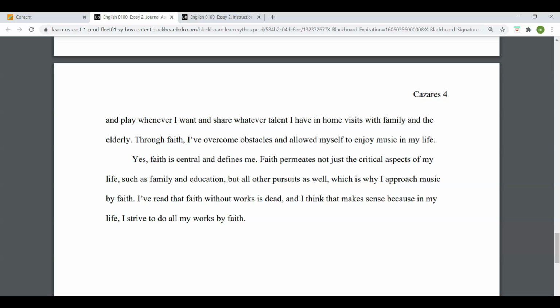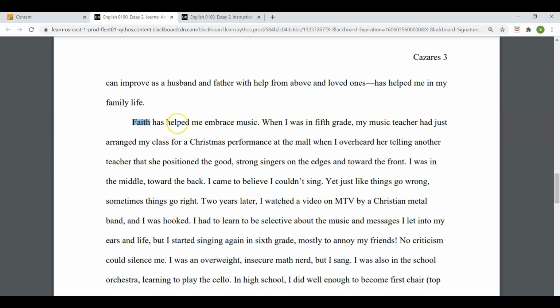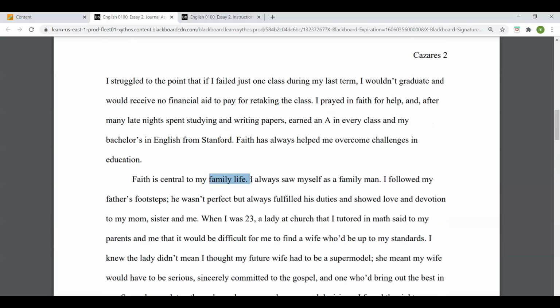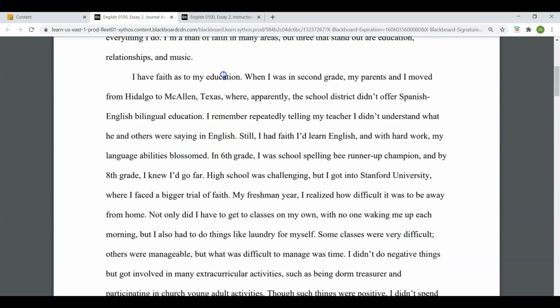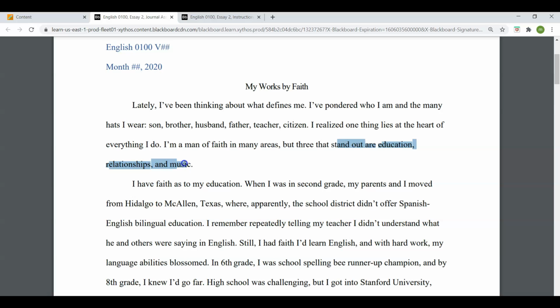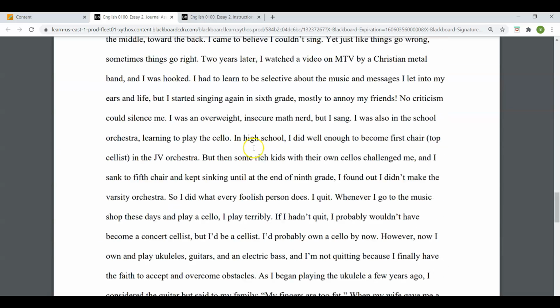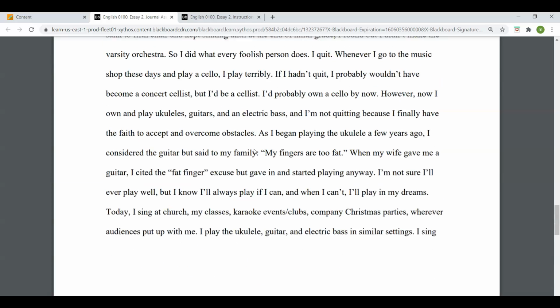It seems to me like some sentences go off in different directions, and often it's because you're trying to tell a story and the story doesn't completely relate to what the paragraph should be about. And a worse problem is that I'm not even sure what your paragraph is about. Like, I know what this guy's paragraphs are about: music, family life, which earlier he called relationships, and education. And I knew it from the start because he told me. I know it's me, I know I wrote the essay, but again, I'm pretending to be a student writing this. So that's how it goes.